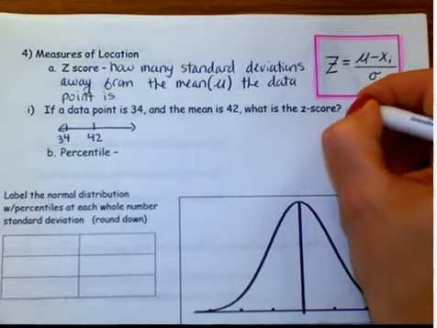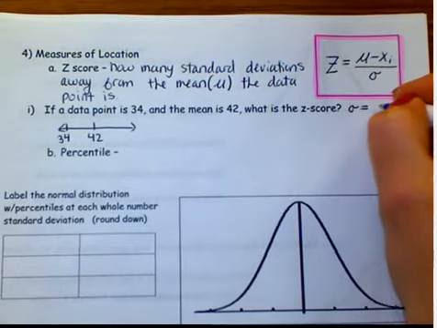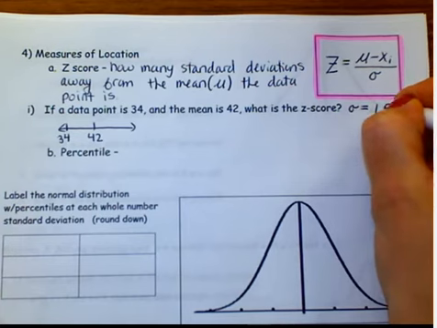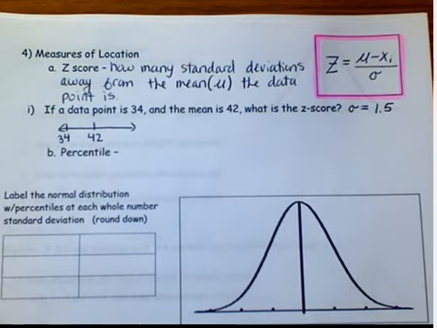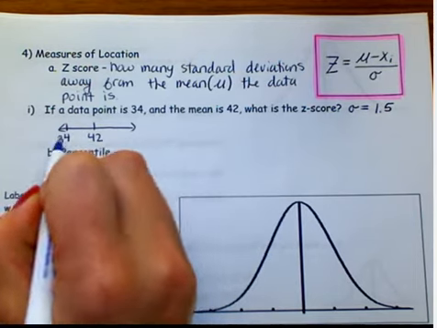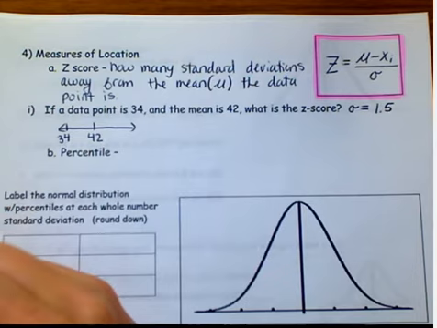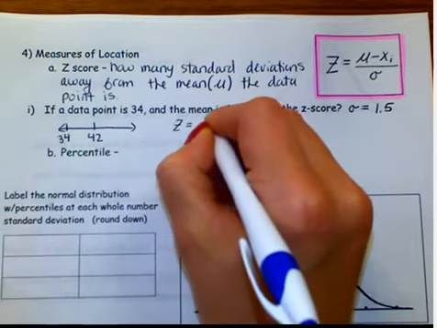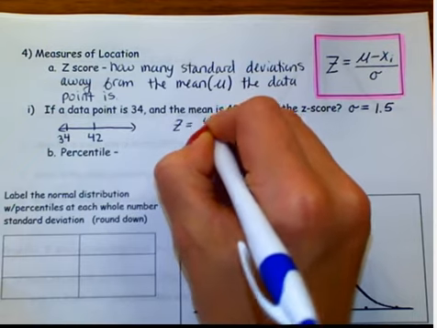Let's say that the standard deviation is 1.5. How many standard deviations away from the mean is this data point? Well, the first thing I notice is that the data point is to the left of the mean. So z-score equals mean